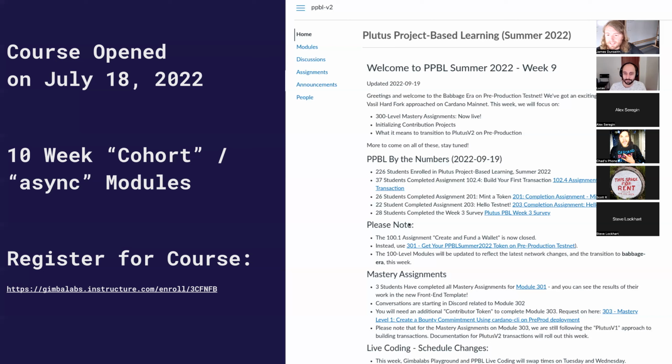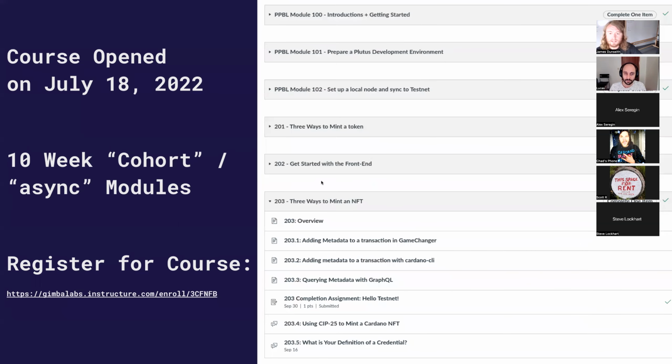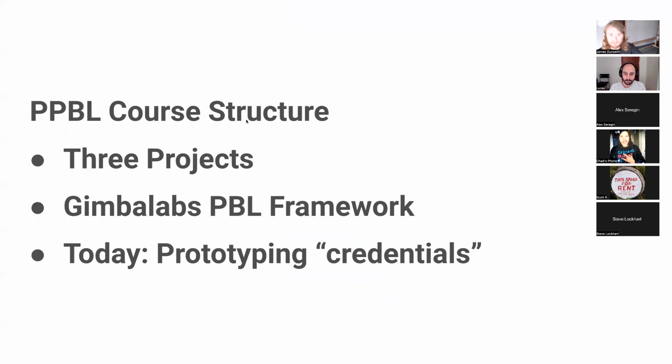Not yet. And you can see by the numbers right here, a little more than 200 people have signed up, and maybe 1 in 8 of those people or so are engaged enough to be completing assignments. This is what it looks like if you haven't been inside a Canvas before. There's a set of modules, and each of these expands to show a series of content inside of the module. And just stop me anytime with questions, just interrupt or use that hand raise icon if any of this raises any questions for you. The course is structured